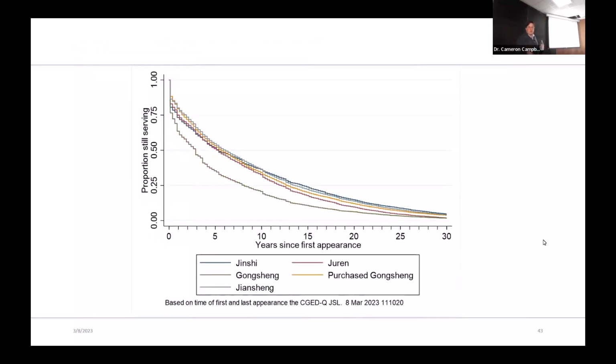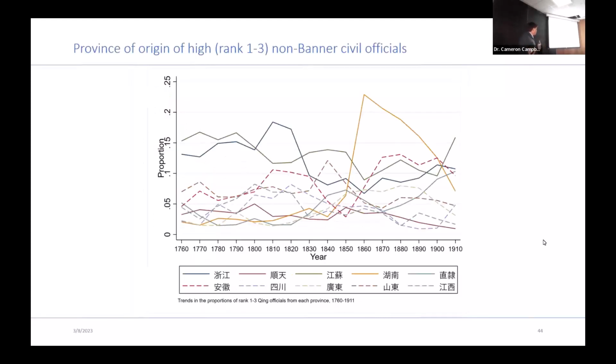That's a big issue. This is just the career persistence by exam type. I know this will look like a mess to most of you, but there's something very interesting here, where you can use these data to illustrate something that people suspected but couldn't prove. This yellow line here is the share of high officials ranked 1 through 3, very high ranked jobs.